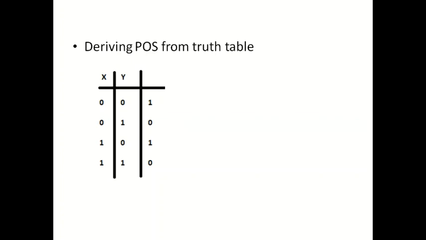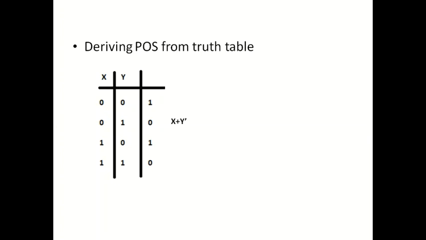Now, the property of the max term is that its value is 0. So it means in the table, we have to look only at those terms where the output is going to be 0. Now see here, the second row has a value 0, where the value of x is 0 and the value of y is 1. But here we are not taking x complement, because I want the x plus y complement to be 0, because the value of a max term is 0.